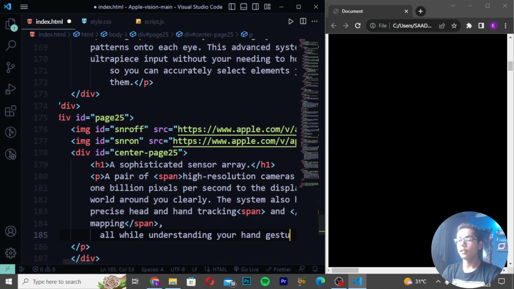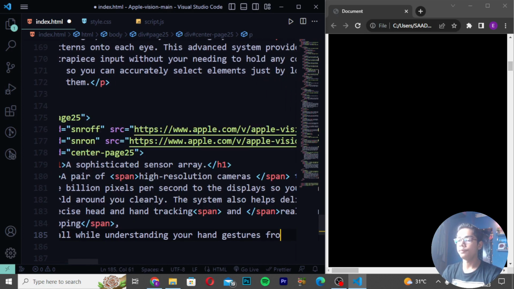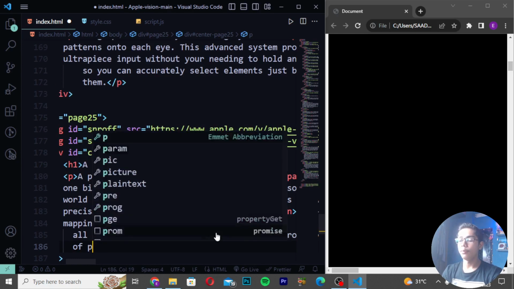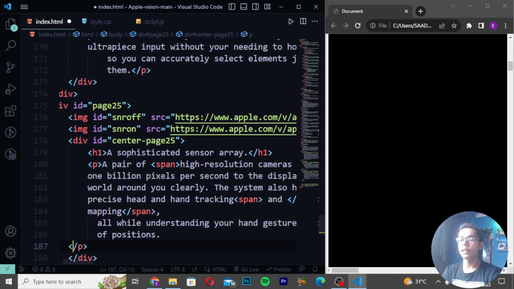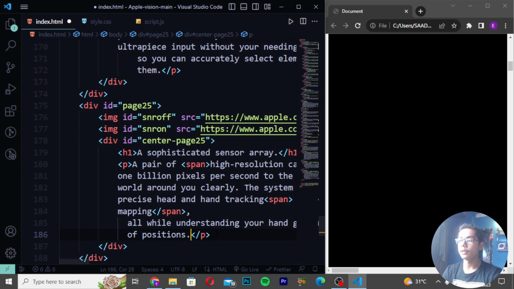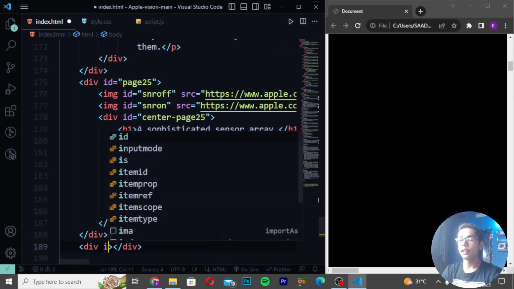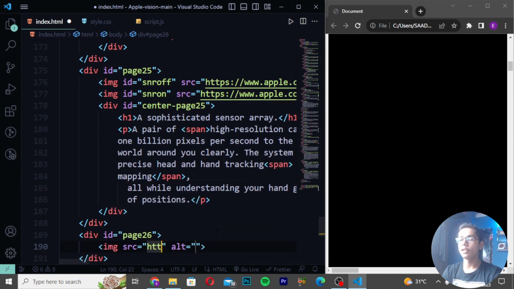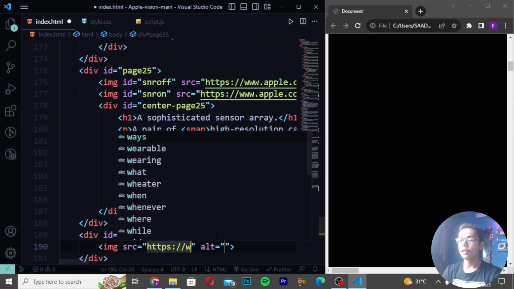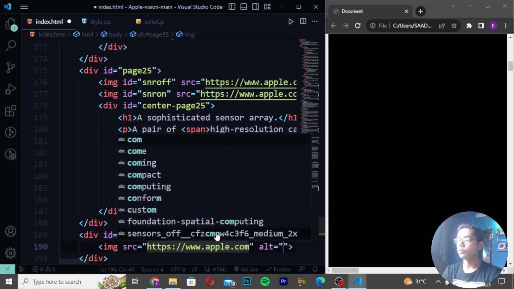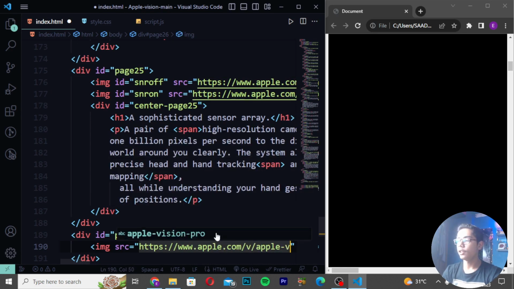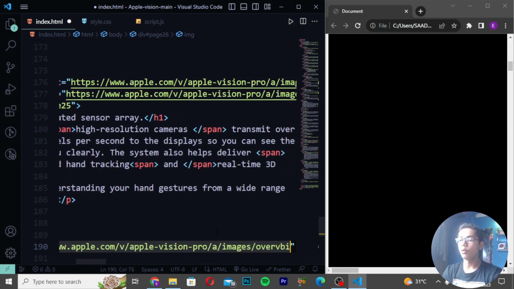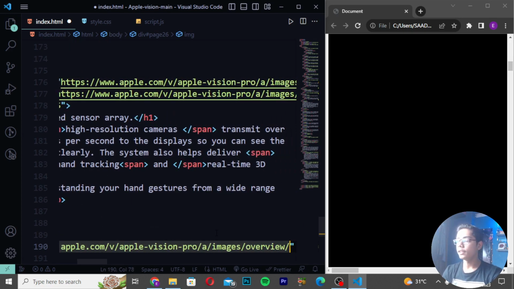gestures from a wide range of positions. Then you have to press backspace to get this P at the top, which closes the P tag, and write div ID as page 26. Create image https://www.apple.com/v/apple-vision-pro/a/images/overview/technology/